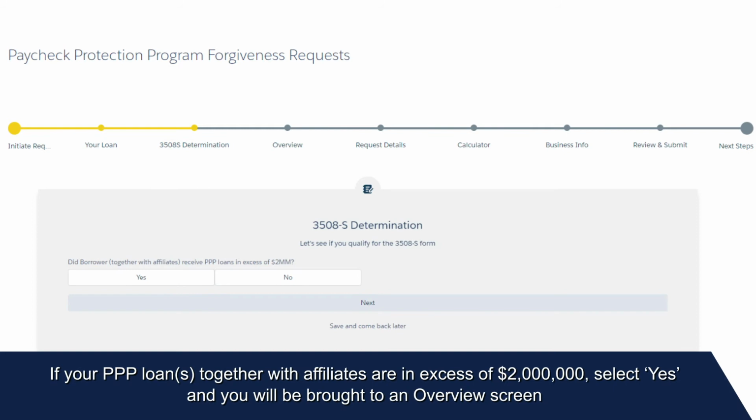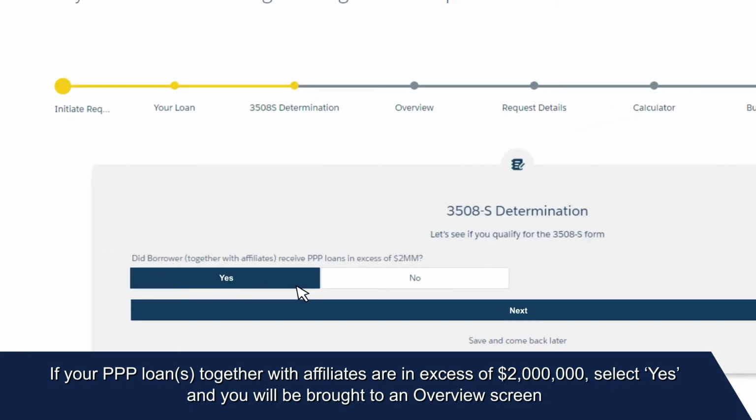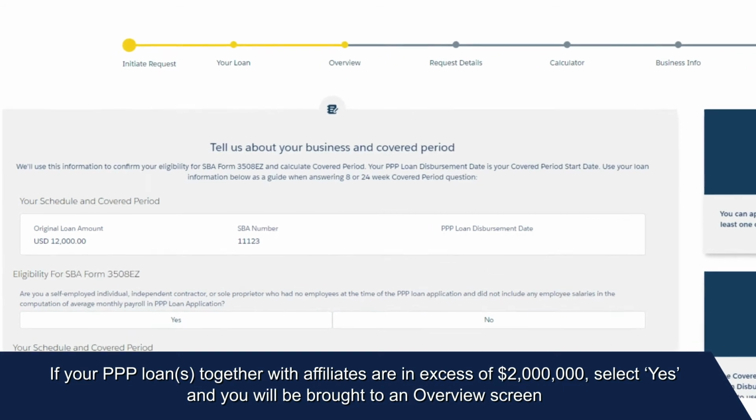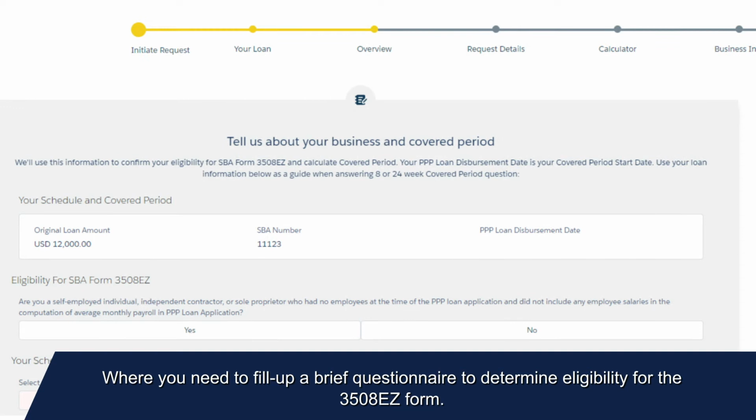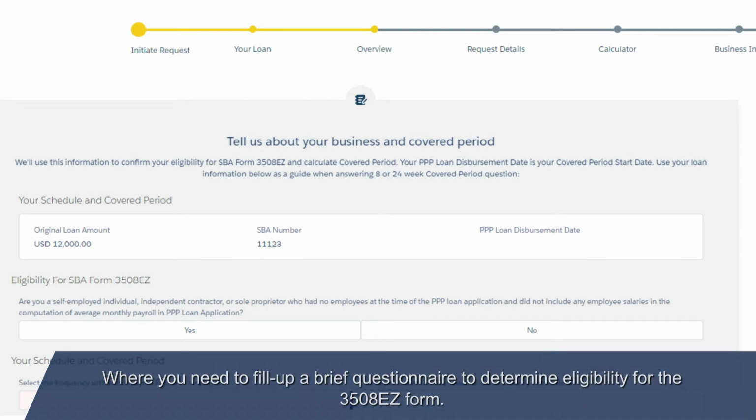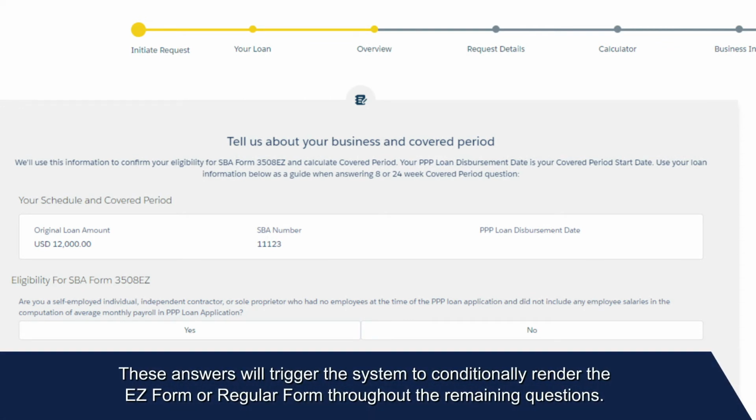If your PPP loans, together with affiliates, are in excess of $2 million, select Yes, and you will be brought to an overview screen, where you will need to fill out a brief questionnaire to determine eligibility for the 3508 EZ form. These answers will trigger the system to conditionally render the EZ form or regular form throughout the remaining